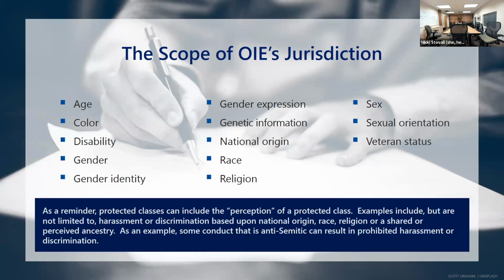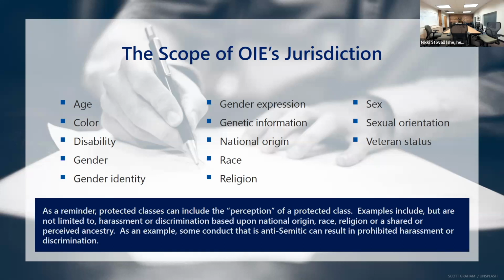National origin would be one's actual or perceived country of origin or ethnicity of origin. Race is going to be actual or perceived racial or ethnic ancestry or associated physical characteristics. It can include one's color, height, weight, facial features, hairstyle, hair texture. That would all be under the protected status of race. Religion is related to one's religious observances, practices, or beliefs.